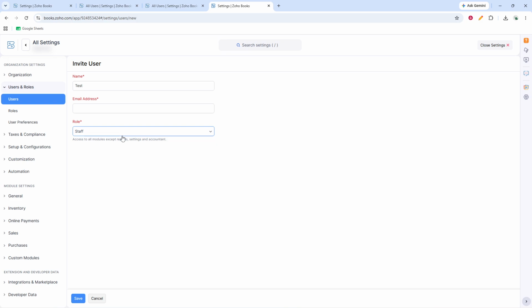If needed, configure any additional access settings that appear in the form. These settings can vary depending on your organization setup and the role you selected. If you do not need to adjust anything further, you can leave the optional settings as they are and continue to the final step. When everything looks correct, click Send Invitation or Save, depending on the option shown on your